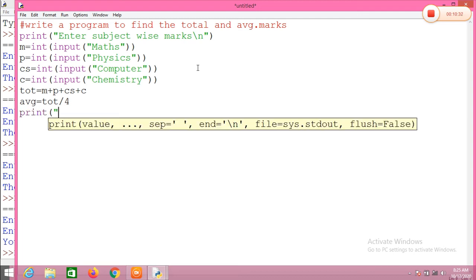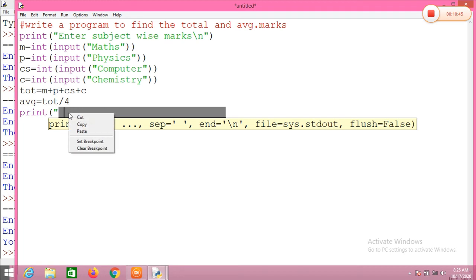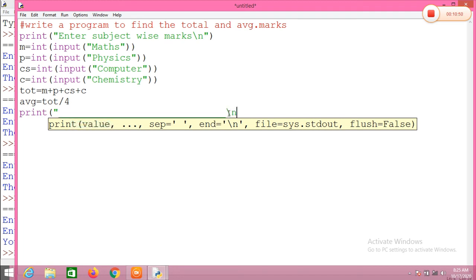First we need to display a line of 1 2 3 4 5 6 7 8 9 10 11 12 13. Okay, so we are giving some line spacing. So simply I copied that line. I am saying \n, means in the next line we are displaying the result, right? What is the result? We are giving a title as result, comma, result, or else we will write like this only, \n.